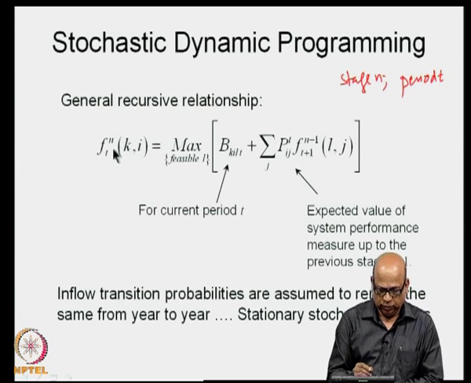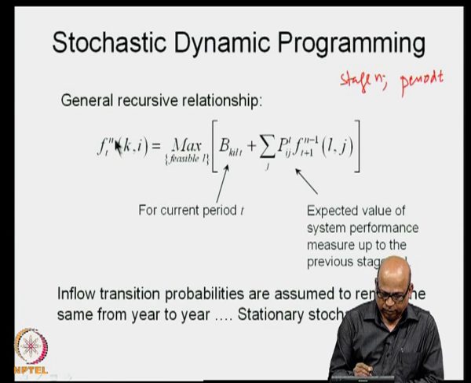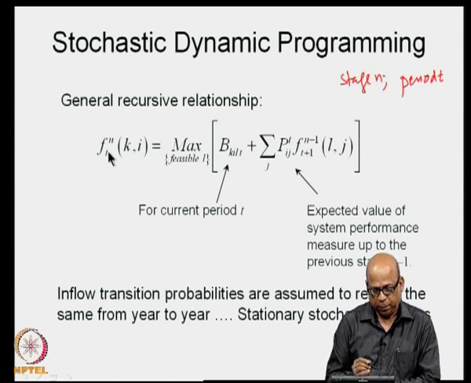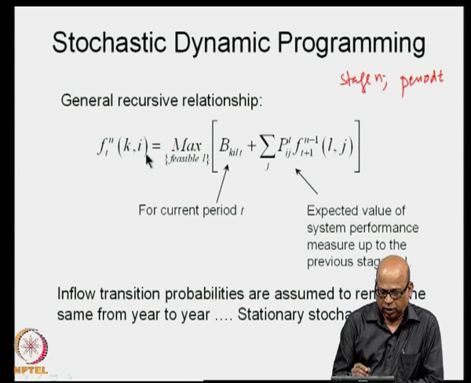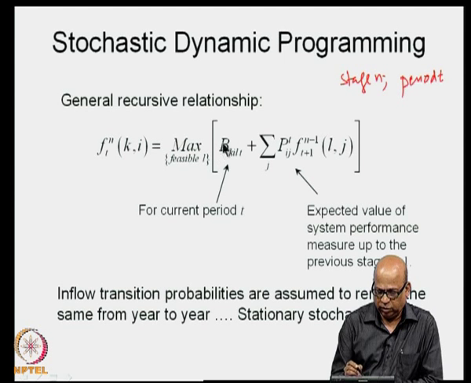Now, I use both these indices to indicate that the stage n corresponds to the time period t within the year. f n t (k, i) is equal to maximize over feasible l, so our search is over the feasible l, the deterministic value b k i l t, because you have defined k and i in time period t and you are looking for that particular value of l. Therefore, b k i l t gets fixed for the current time period t,